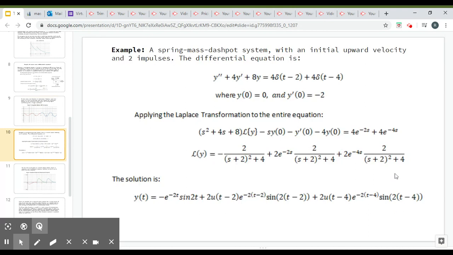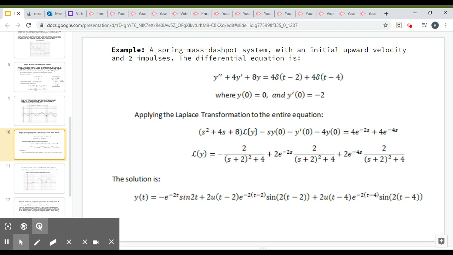Here's another example, another spring mass dashpot system. This one has an initial upward velocity and then 2 impulses striking down on it at time t equals 2 and t equals 4. That's the differential equation. So you can put multiple Dirac delta functions on the side. I don't have time to go through all the steps here, but you apply the Laplace transform to the entire equation and you come up with 3 terms